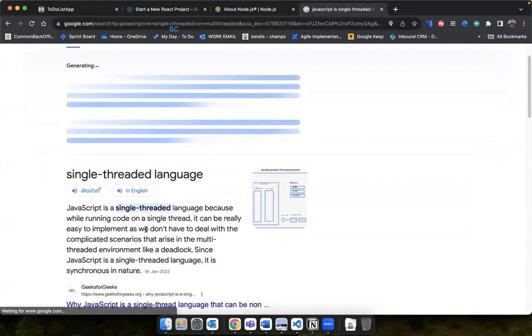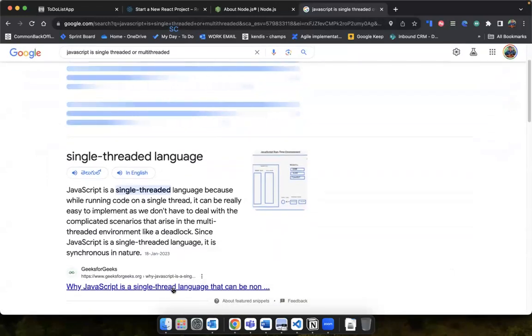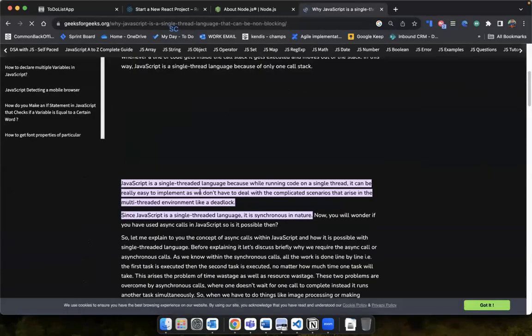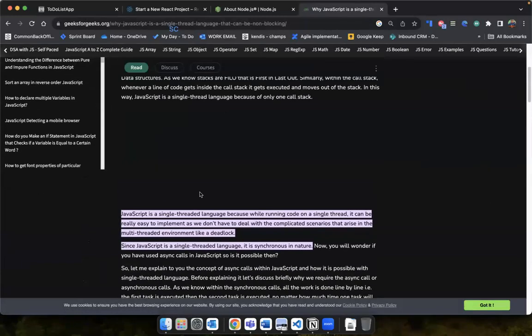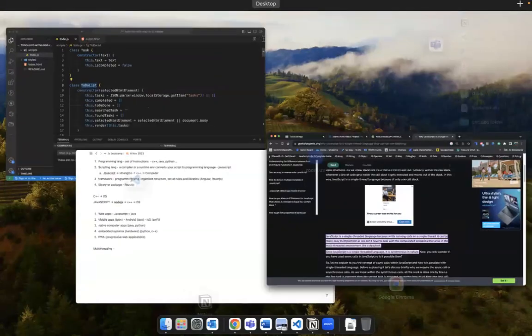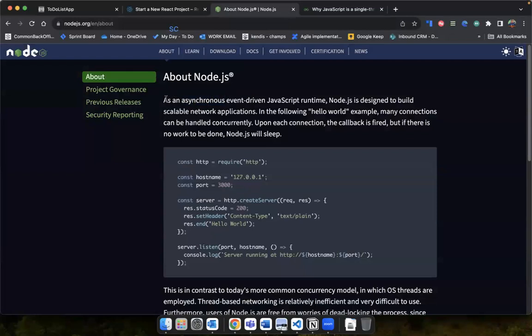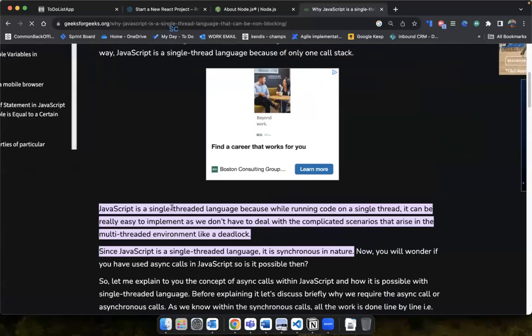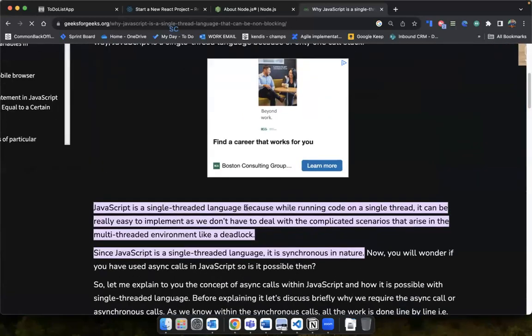This is one of the very common questions that you might get in your interviews. They want to understand why we should use asynchronous. Why should we use asynchronous event-driven JavaScript runtime? Why not synchronous? Okay. See, JavaScript is a single-threaded language because while running the code on a single thread, it can be really easy to implement as we don't have to deal with complex scenarios and all. That is fine. But